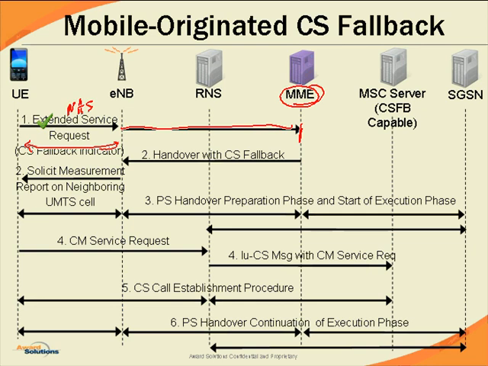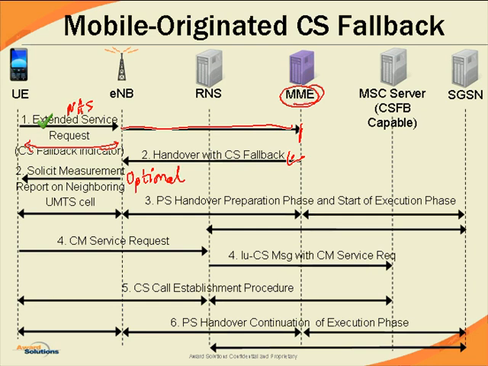The MME will instruct the eNodeB that we need to do this CS fallback. We need to do a handover, and once the eNodeB gets the handover instruction from the MME, it will optionally, now this is optional,